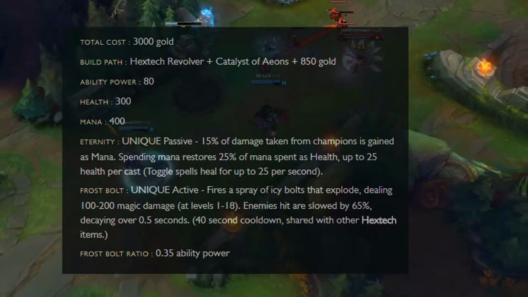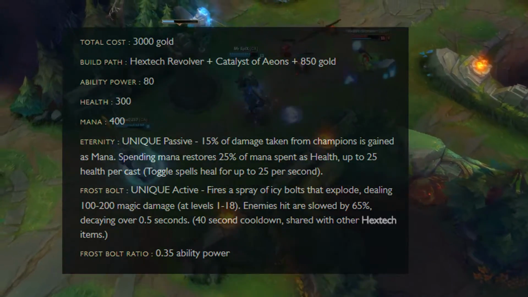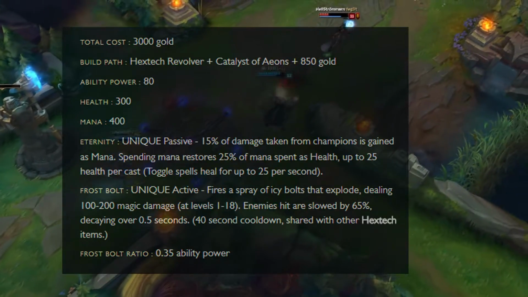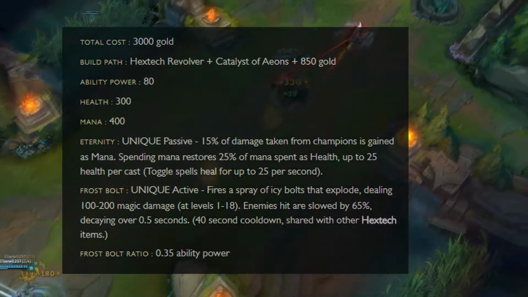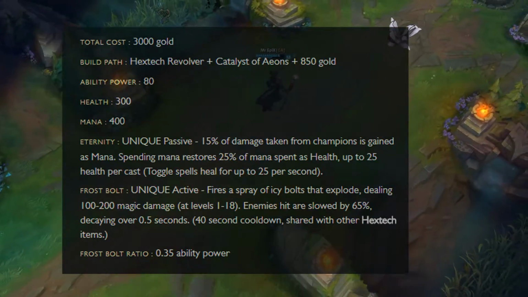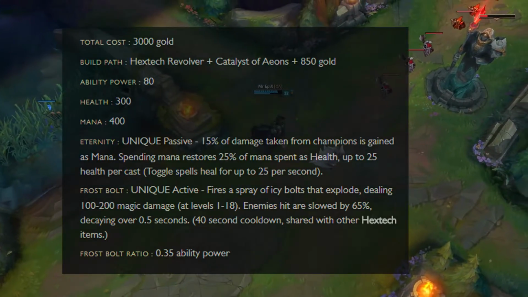It gains the Catalyst effect, 80 AP, 300 HP, 400 mana, and an active effect that shoots a cone of ice bolts that slow targets and deal magic damage, scaling on ability power. This item will be very interesting on slower mages that like to be tanky. It can be used for peeling, making sure you lock someone down enough to kill them, or even for wave